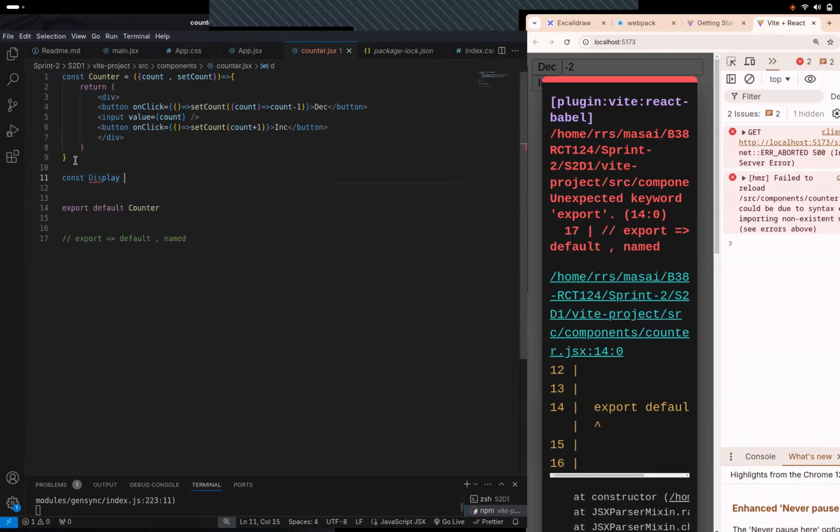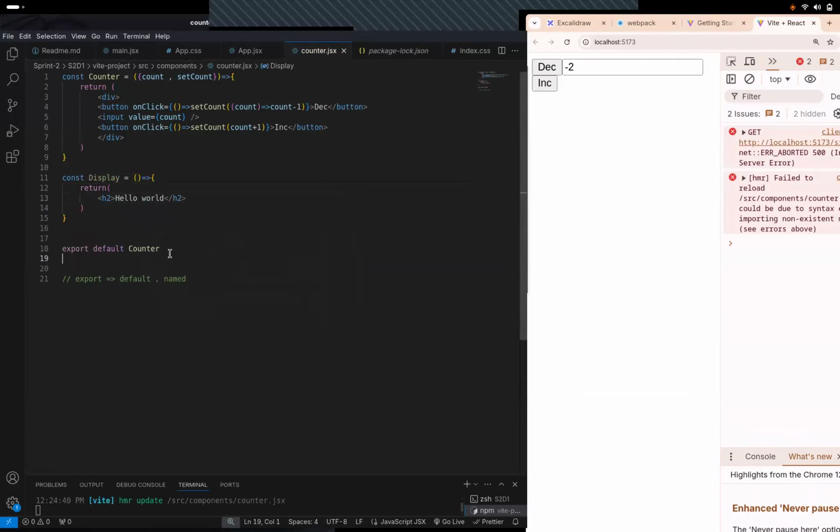Display. Let's call it display. And what this function does, it does nothing. It just returns h2 with hello world. Right? So in this case, I'll go and try writing another default